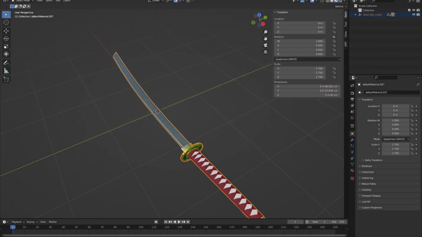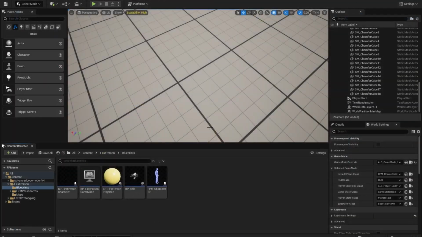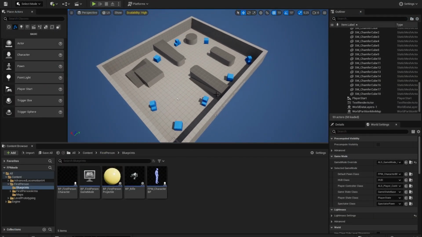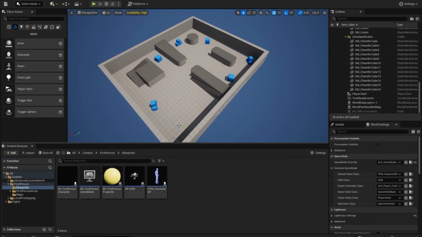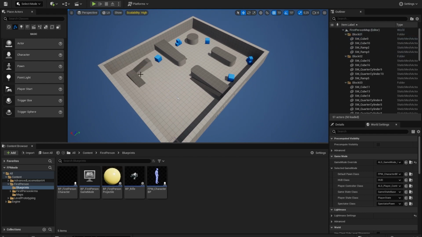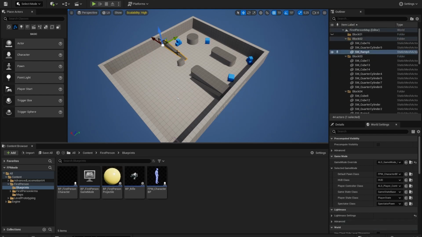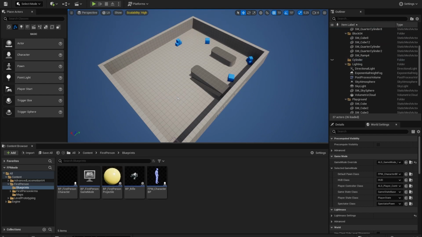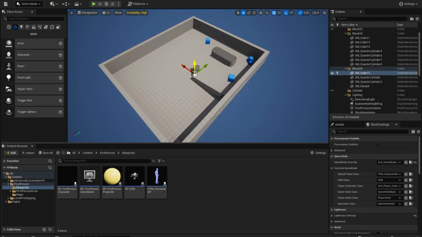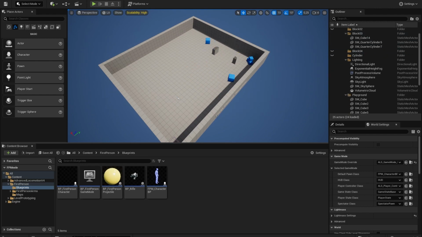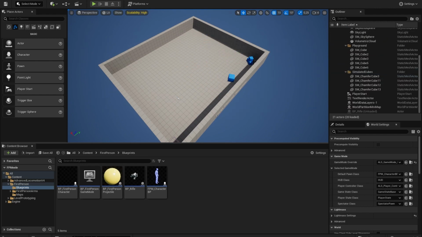We want to animate our katana. Alright, so let's delete those things here. We don't need them, and they're just in our way. So just select them and hit delete on your keyboard, or you can leave them if you want. Alright,